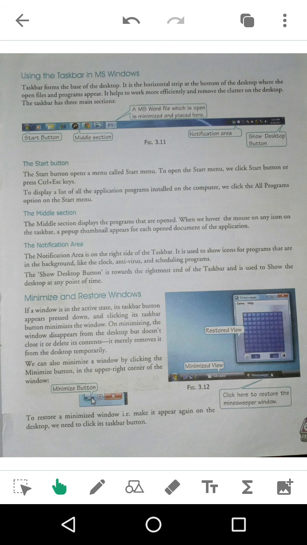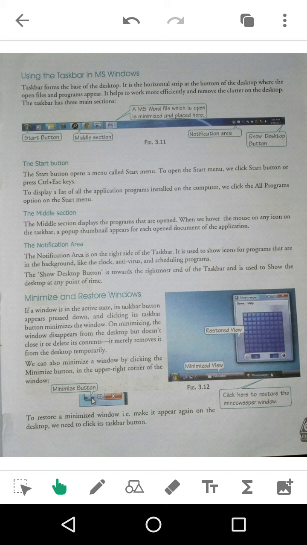So see, to open the start menu, we will just click on the start button or press Control or Escape key. To display the list of applications installed on the computer, we will click on the all programs option in the start menu. After opening there, there is a section called all programs. So all the programs installed on your computer you can see over there.